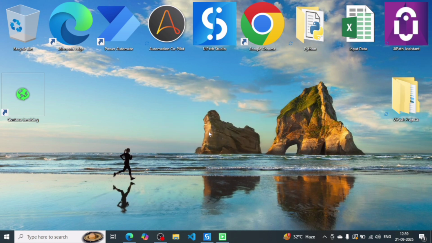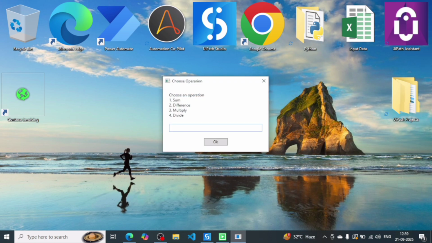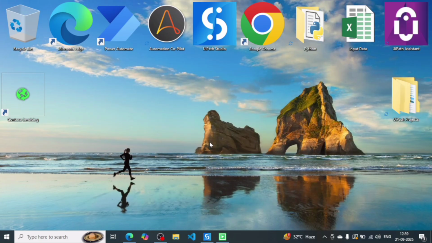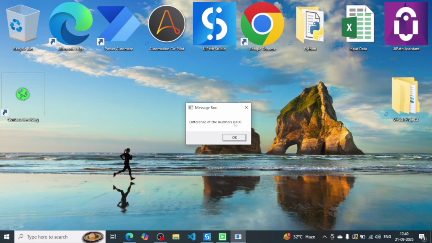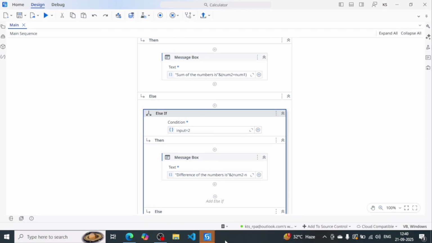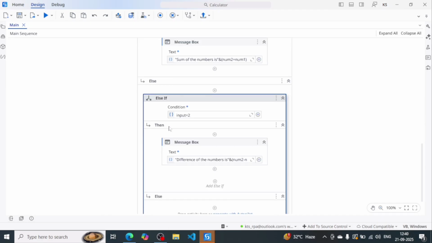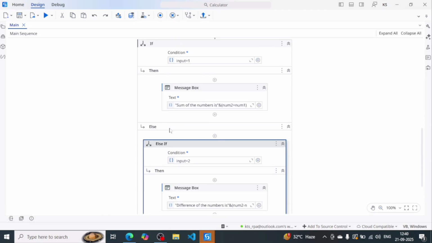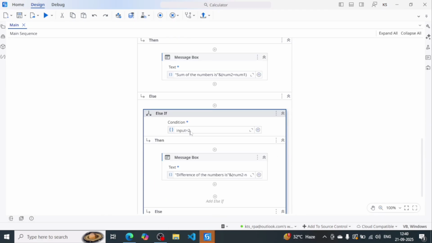Click on OK and it will ask for the operation. I'll give 2 and the difference of the numbers is 100 because 600 minus 500 is 100. I'll click on OK. So this is how we can create a simple calculation application or a calculation automation,